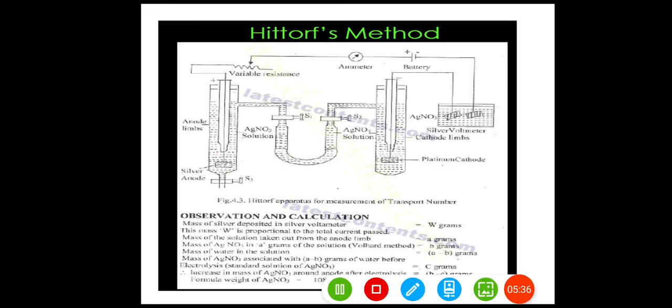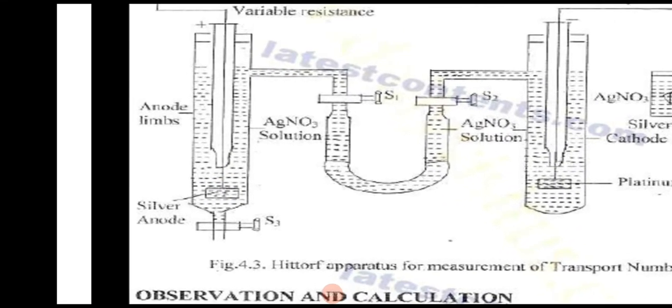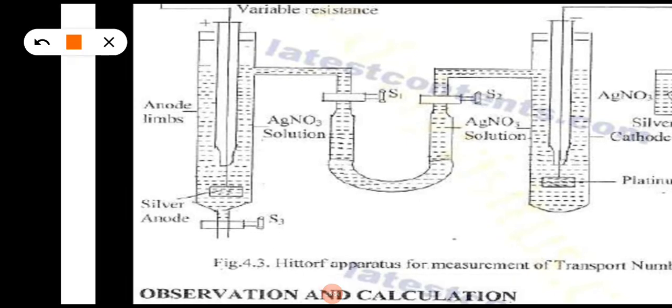Once they are coming to the anodic compartment, they will get deposited there if the electrodes are not attacking electrodes. Suppose the electrode here is platinum. Platinum is an inert electrode. It will not react. So NO3- ions coming into the anodic compartment will get deposited on the platinum electrode. But instead of platinum, if we take a silver electrode here, silver electrode is a reactive electrode.